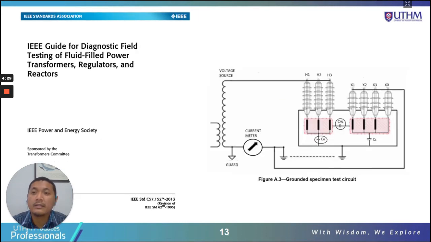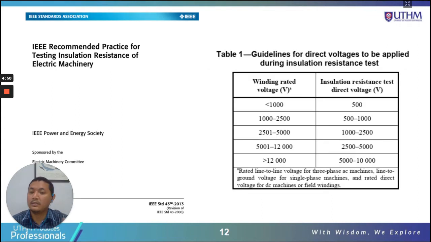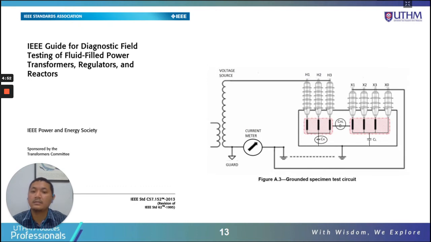Next, another example is IEEE standard C57.152-2013. Also the latest one, 2013. The previous version was 1995. So this is IEEE standard C57; before it was Standard 43. Now it's C57.152. This is the IEEE guide for diagnostic field testing,